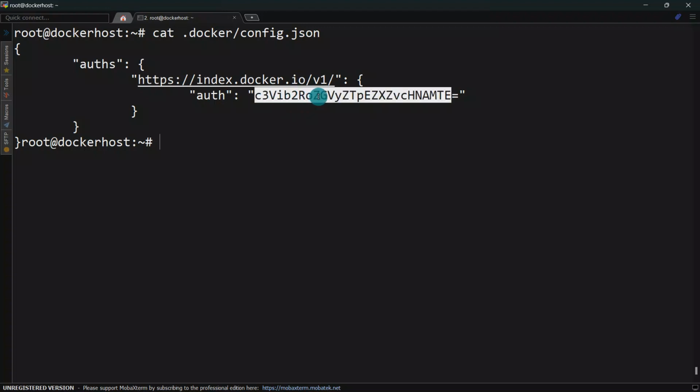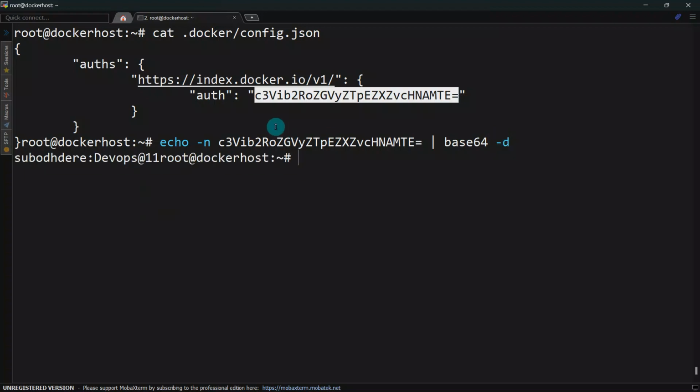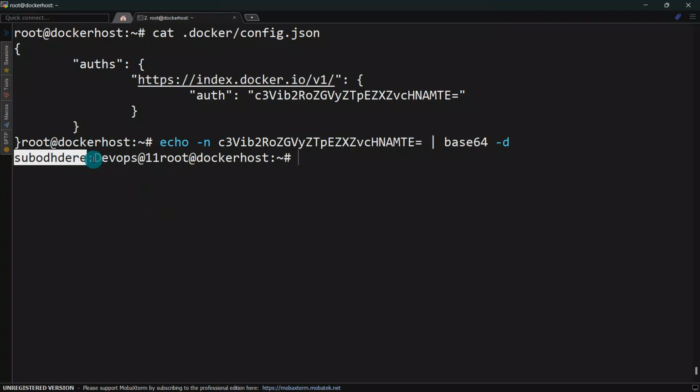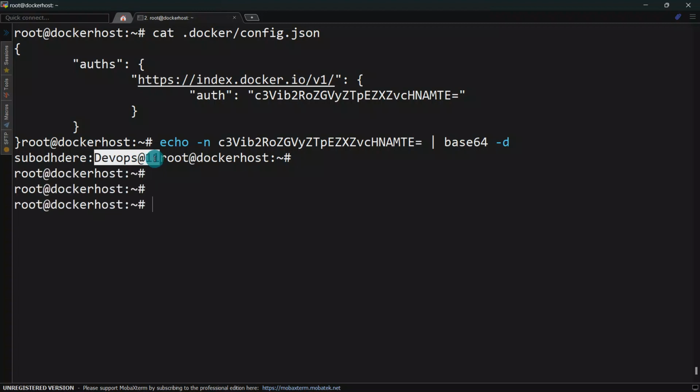These credentials are not readable right now because they are base64 encoded. If you want to see the real content behind it, you have to decode it first with the help of base64 -d. The -d stands for decode, and you can see the username is Subodh Dere and the password associated with that username is visible. So if some hacker got access to this Docker host, they could definitely look into this file and get the credentials